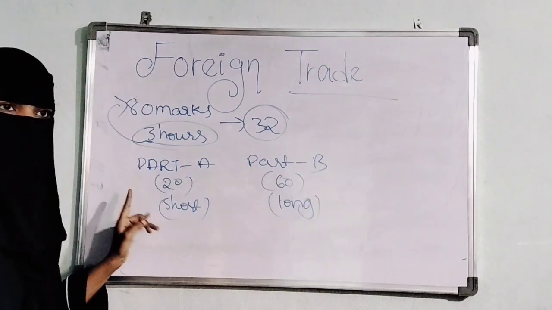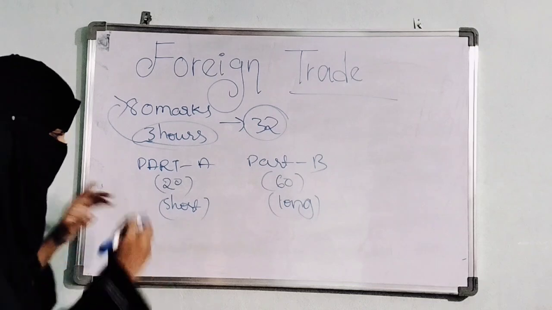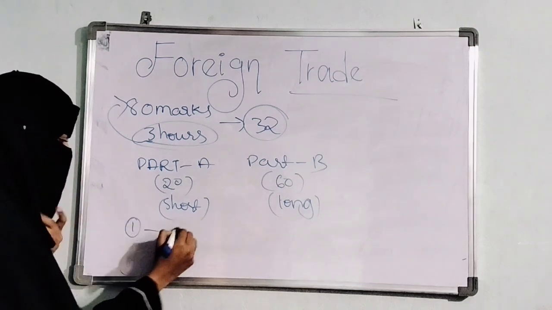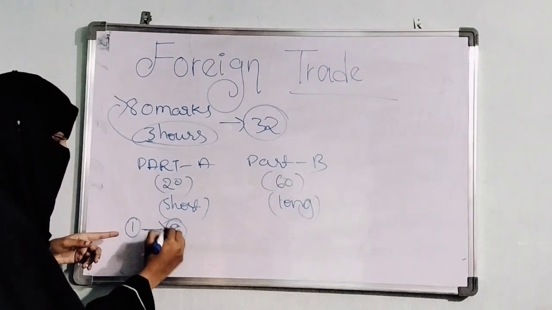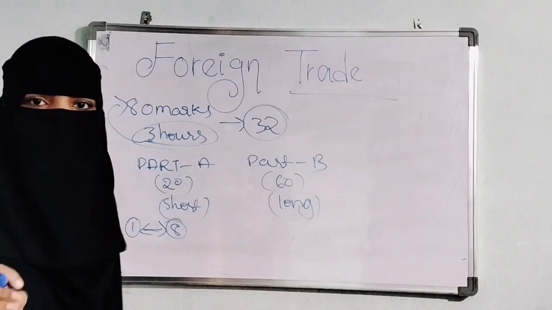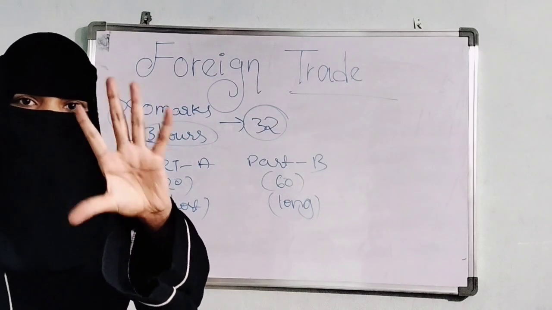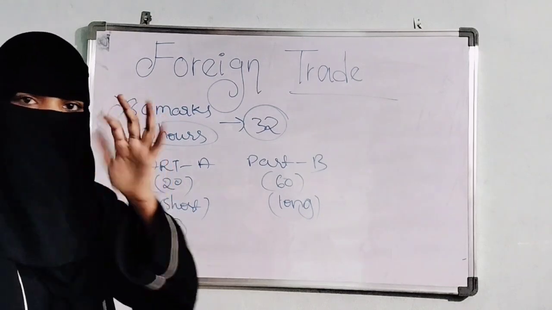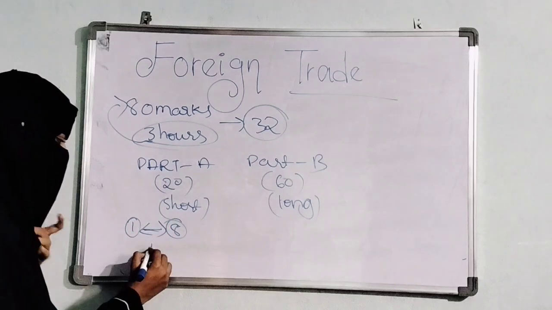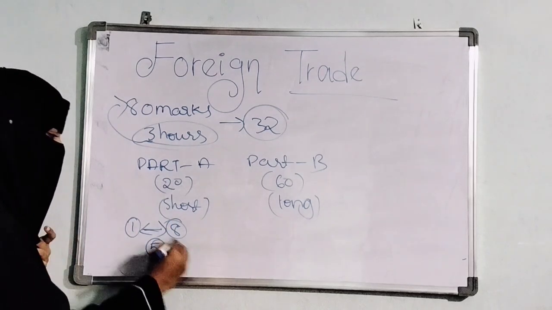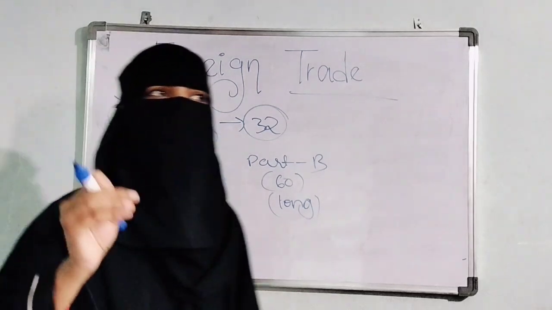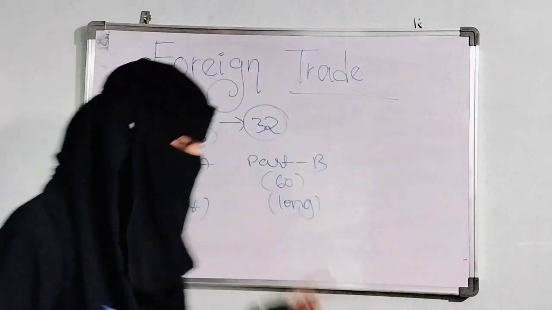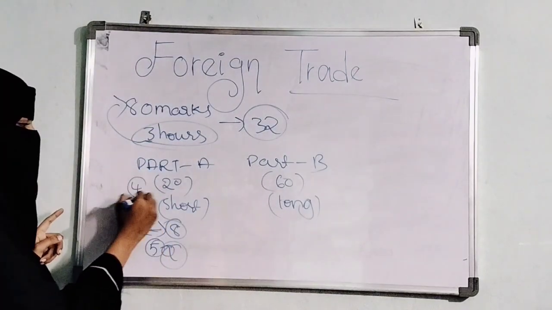Now, here to gain 20 marks, 8 questions will be given, questions 1 to 8. Out of these 1 to 8 questions, you need to attempt any 5 questions. Yes, if you attempt any 5 questions, you will get 20 marks. Now you will have a doubt, ma'am, how many sides do we have to write? So here one question will carry 4 marks.